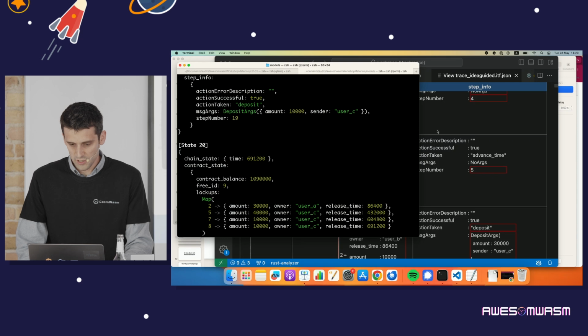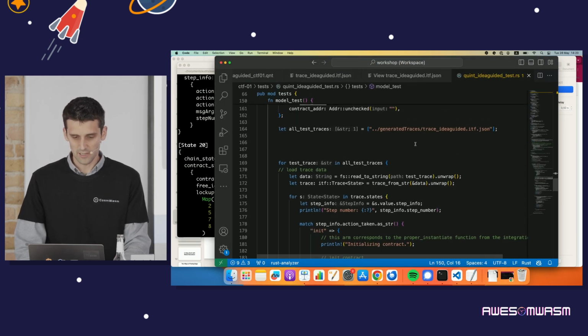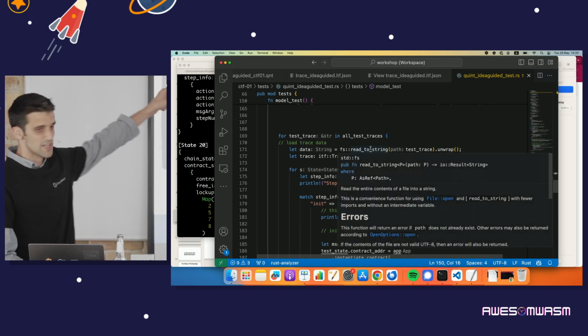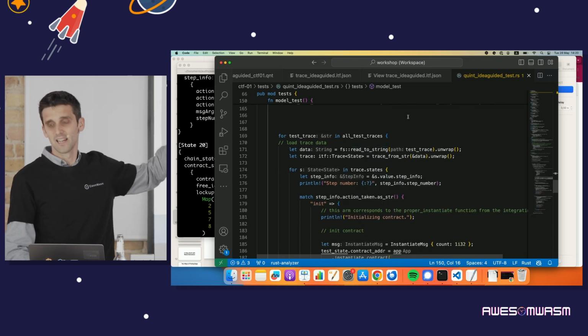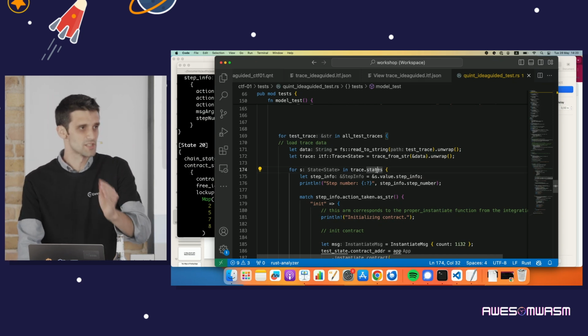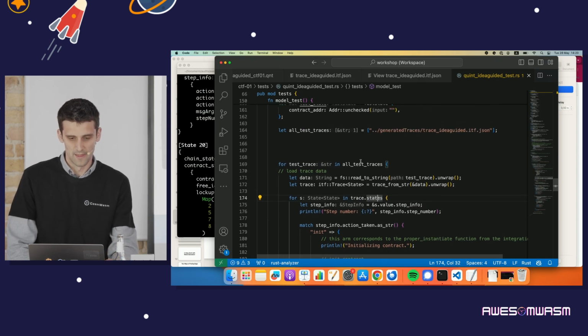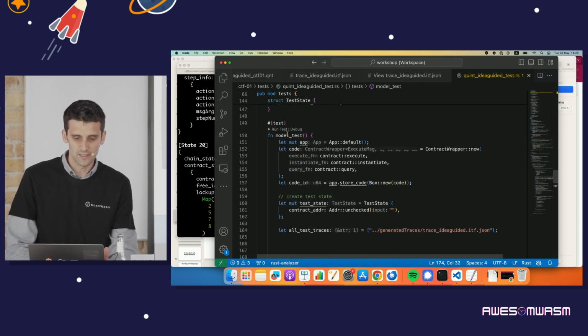Okay, now that we have all these traces, we can use them to generate tests. So what does a test look like? It iterates over all the traces that we have generated, and then inside a single trace, it iterates over all the states, and then uses CW multitest to execute those messages. And in the end, it compares states. So if we run this test,